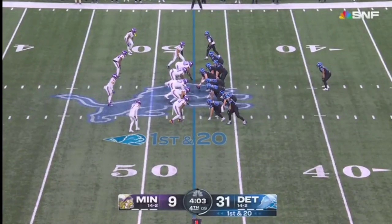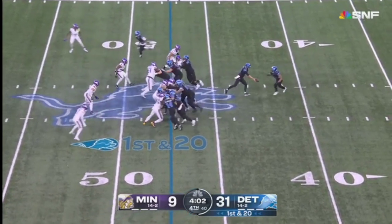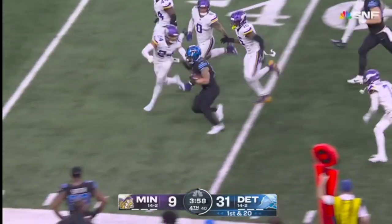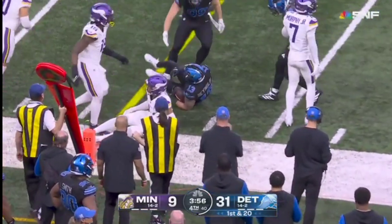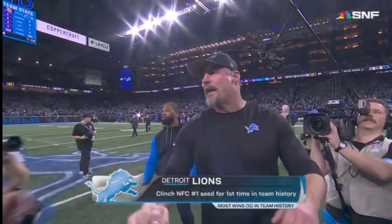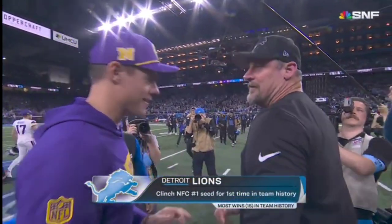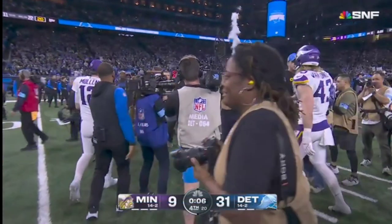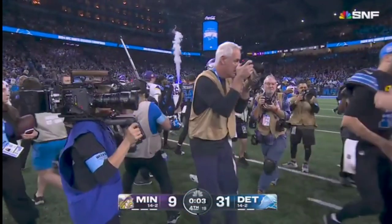A game in a place where he was before being the Vikings head coach. LA against the Rams. Craig Reynolds in for Gibbs. Goes down to stay in bounds and gets 18 yards. Good job, Greg. I'll see you in 2 weeks. Might see him in 2 weeks for a playoff rematch right back here. The Detroit Lions